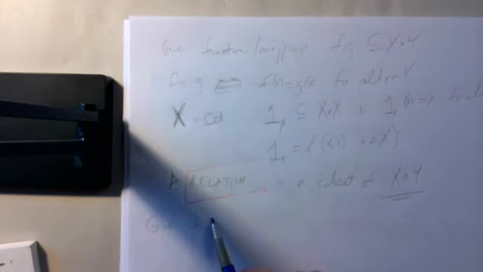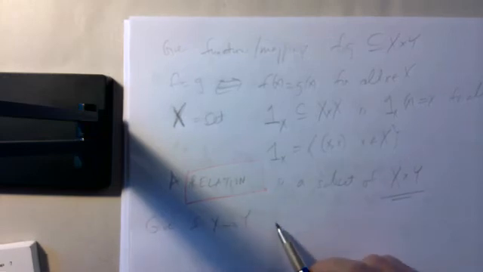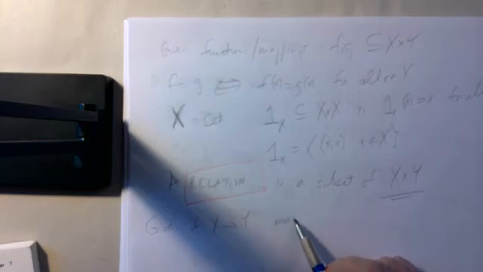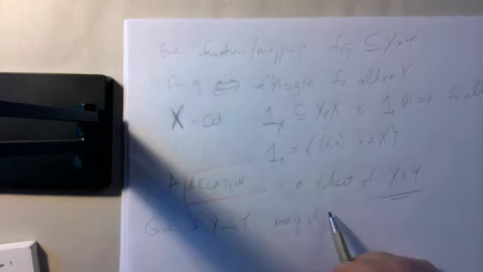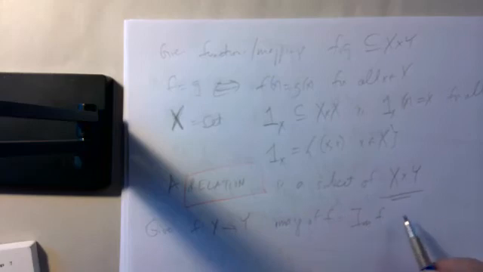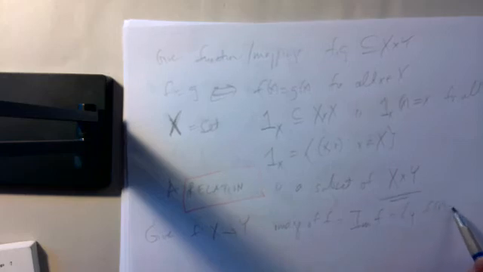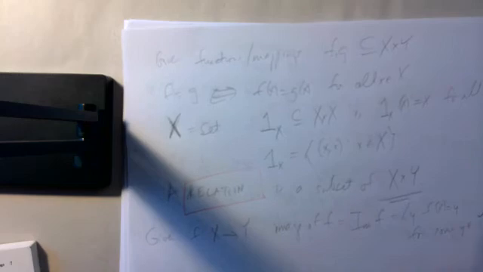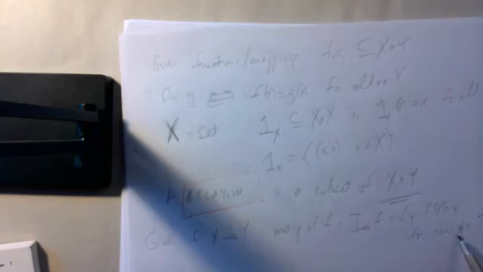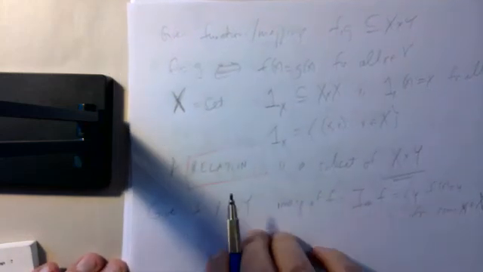And suppose we have a function f from X to Y. What is called the image of f, IM is image of f, is the set of all y such that f of x equals y for some x in X. So this is just like saying,